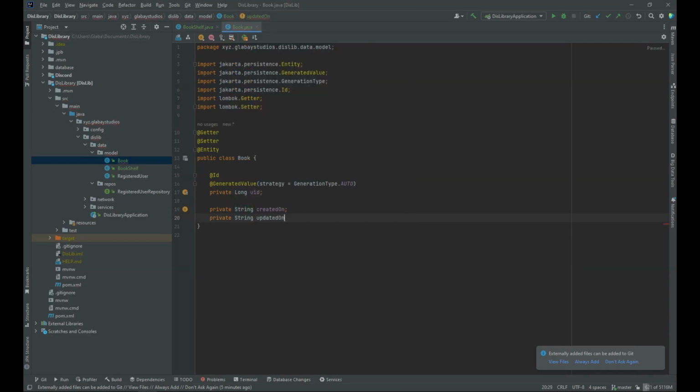So once we have our general information there at the top, we're also going to need to keep track of some information about the book. So there's going to be a few things that we're looking to